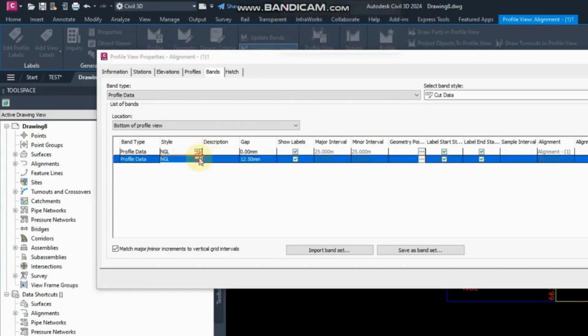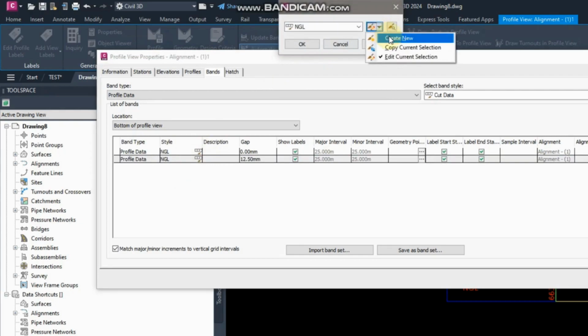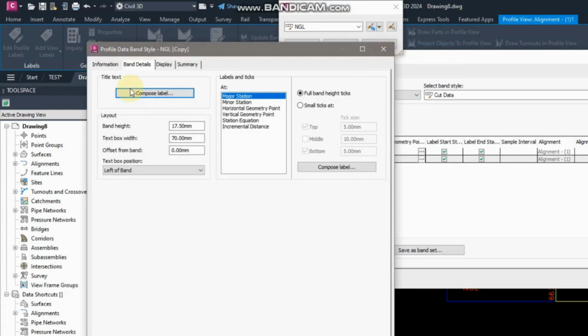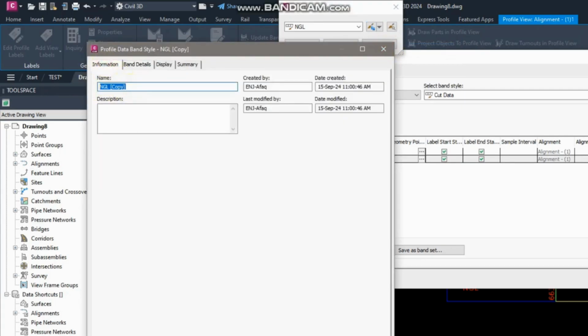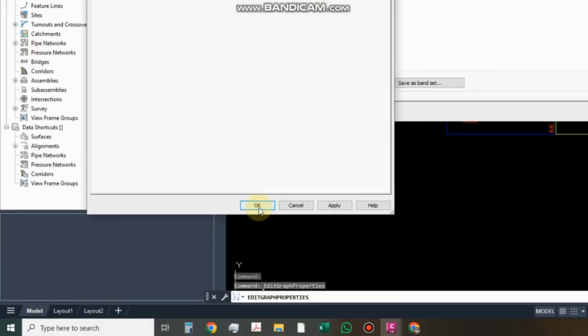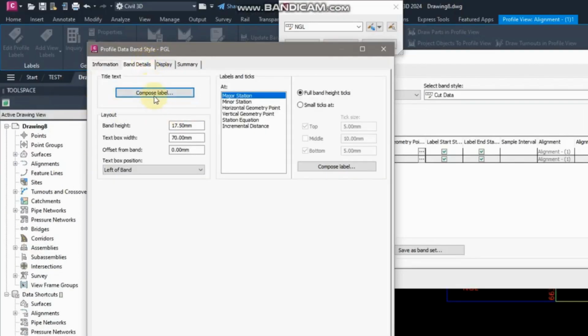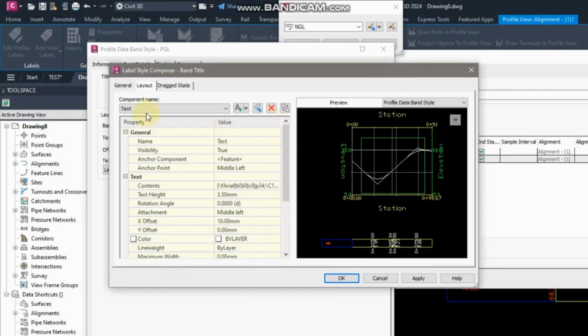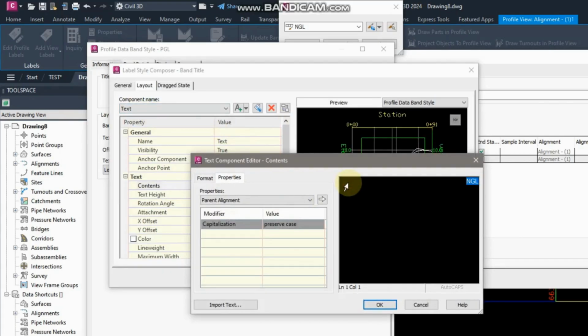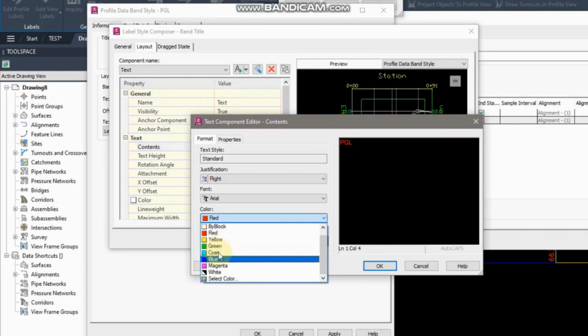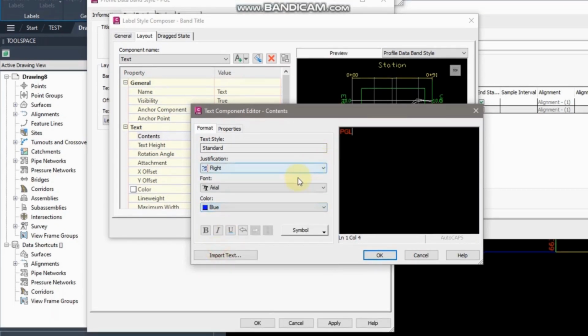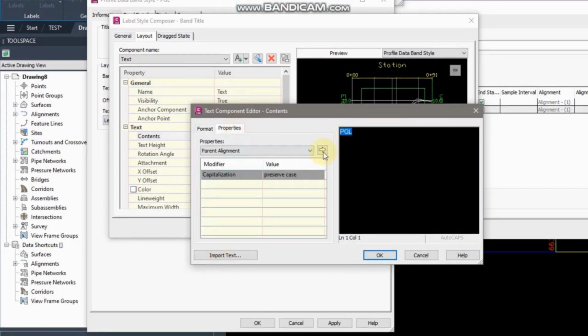I will go from here. As I created the natural ground here, I will select it. Already I created this, and it's looking good. So what will I do? I will take a copy of this current selection. If I take a copy of the current selection, what will I do? I will change the name of this band, because this is PGL. So I will copy this, and from here we can change the title. Before it was natural ground, and now I will select PGL,